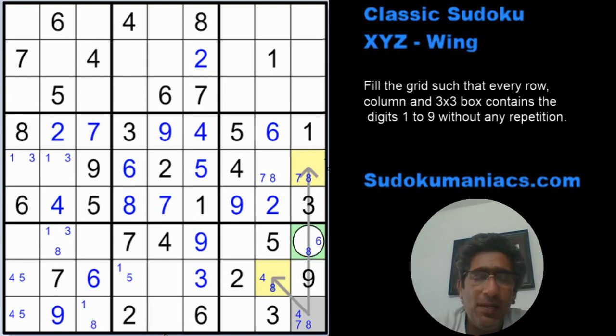A lot of people had been asking me that they would love to learn about more techniques on how we use them to eliminate possibilities and proceed further in solving a Sudoku. So I've decided that I'll be focusing more on the solving techniques for some time now. And in continuation with that, we'll have a look at an XYZ wing today.